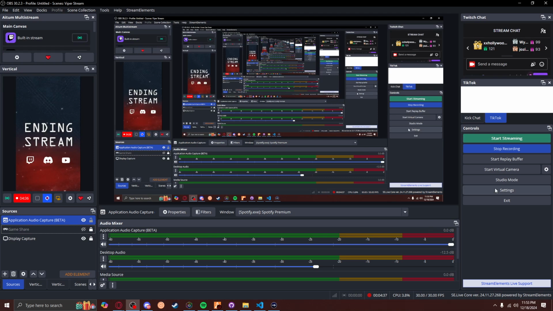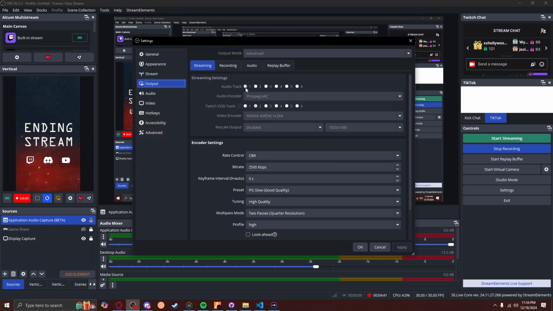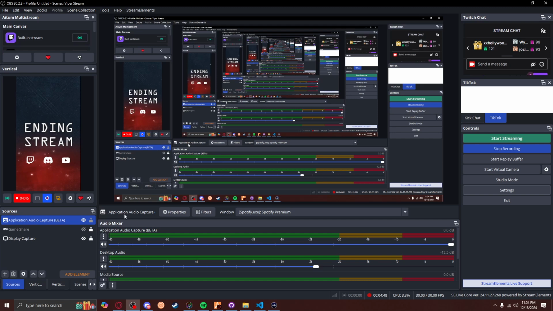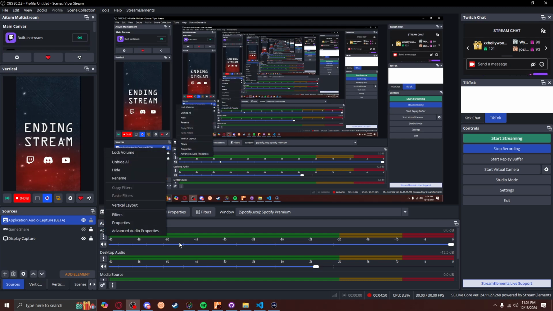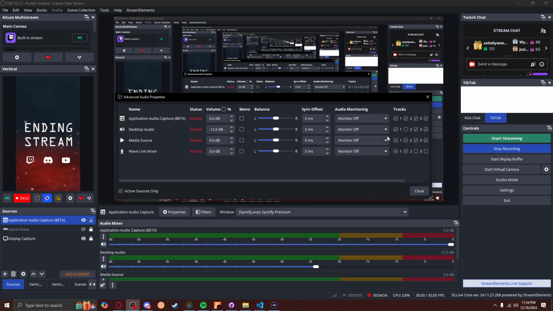And again, go into your settings, output, and change your audio track to 1 and Twitch VOD track to 2. Go to your audio mixer, advanced audio properties, and check off track 2. It's quick and easy, quick and simple,